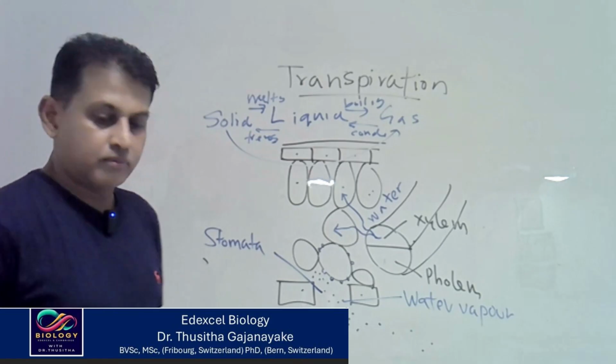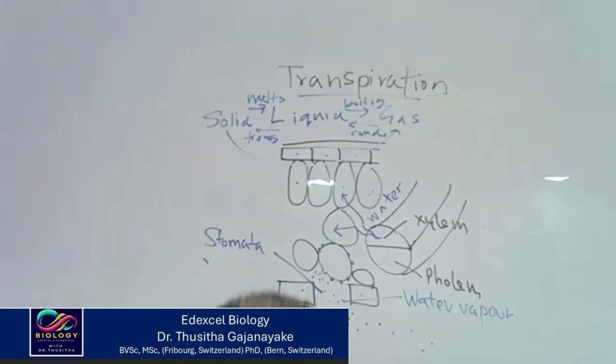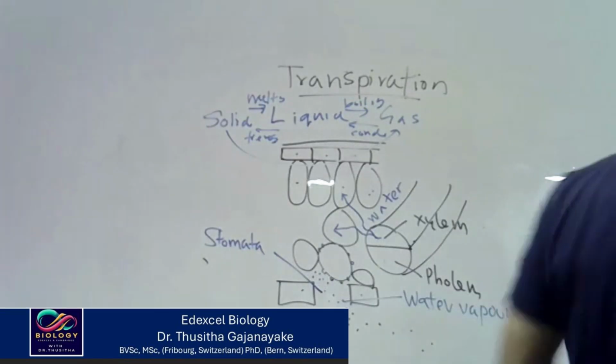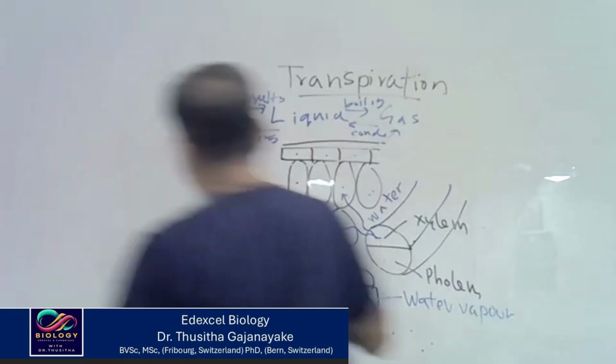Excuse me, sir. Yes? Sir, the xylem and the phloem are in the stem and the leaf, right? They come from the stem. Yes, sir. Okay, wait, this is the stem. Are you asking,